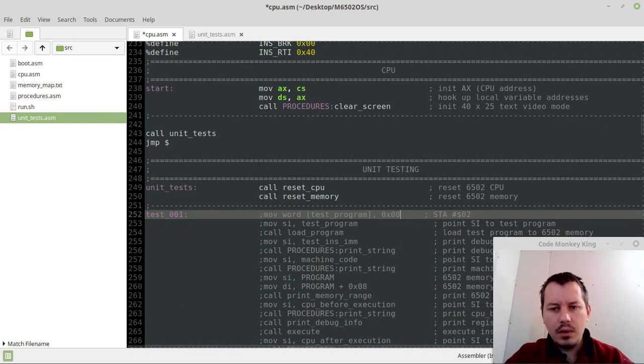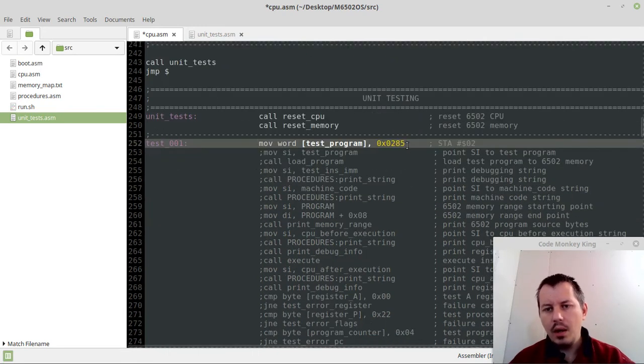So here we say 85, and then 02. The reason why the byte order is different is because of the little endian byte order. So this is the big endian representation. Here we have the value first, the zero page address to read the data from, and then the